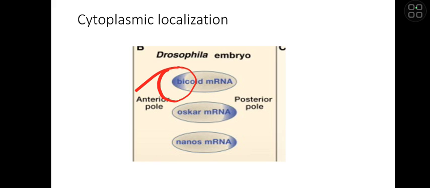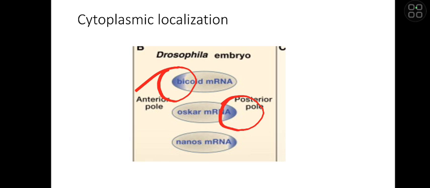That is, the bicoid genes transcribe to mRNA, and on the posterior end there are some genes known as OSCAR genes. These OSCAR genes are transcribed to OSCAR mRNA. And the importance of the bicoid and OSCAR genes is that the bicoid mRNA gets translated to proteins which are actually needed for